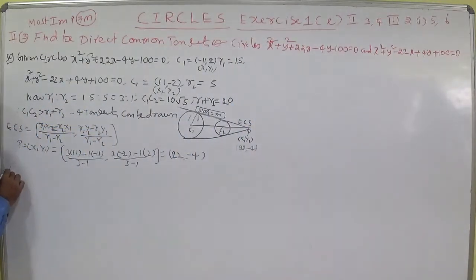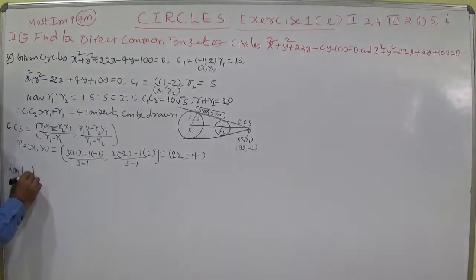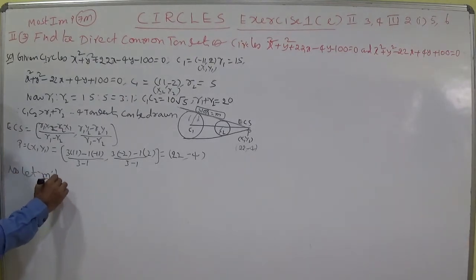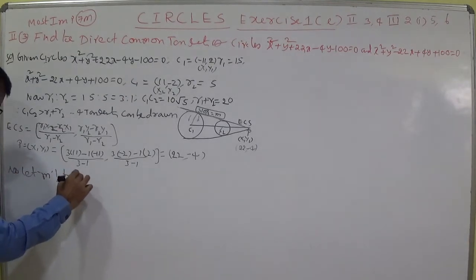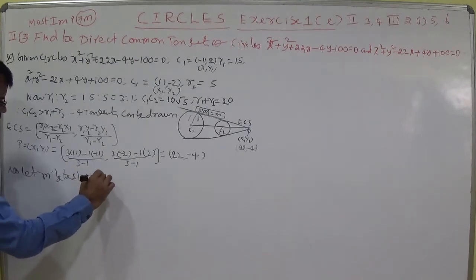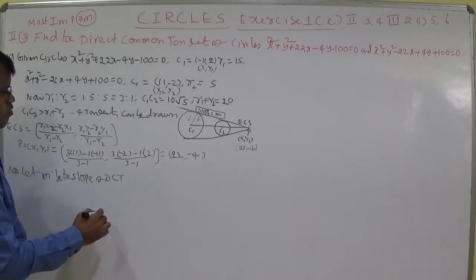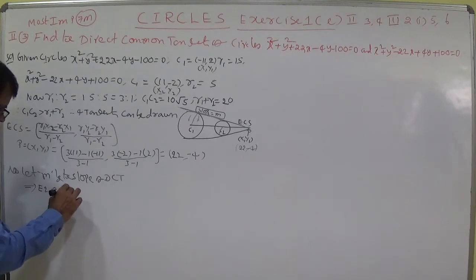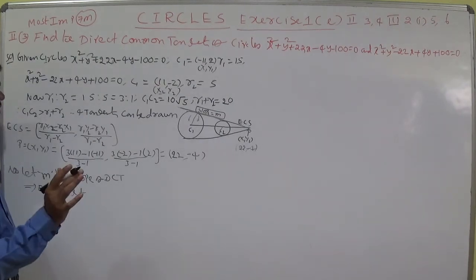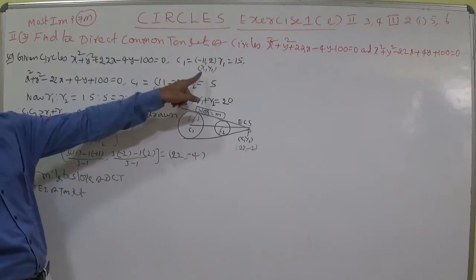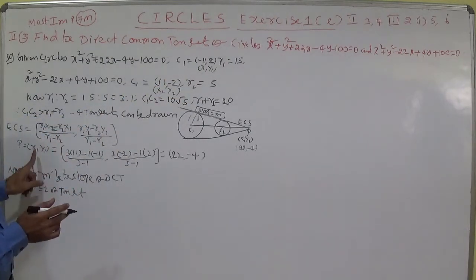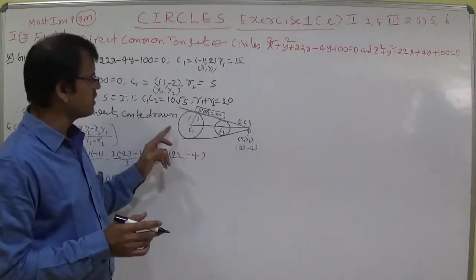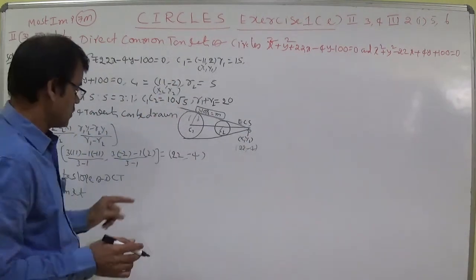Now let m be the slope of the DCT. That implies the equation of the tangent. Students, don't get confused. Already you had written x1 comma y1, so why did you write x1 comma y1 again? Like that you don't need to ask, because this is for the equation of tangent, and that one is simply for R1 x2. So don't get confused.